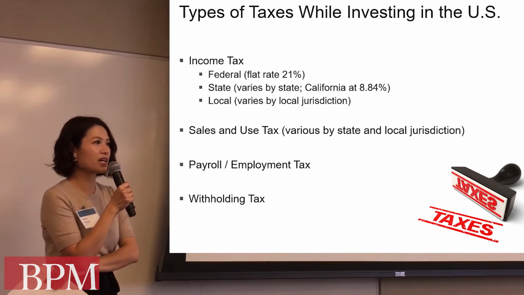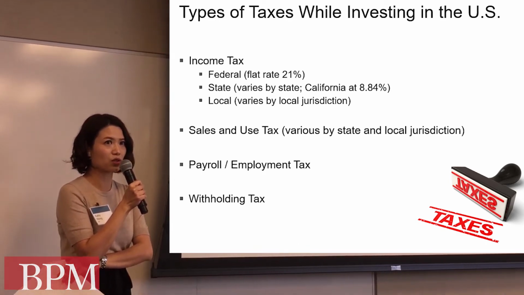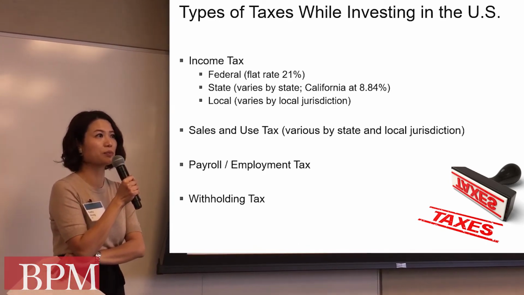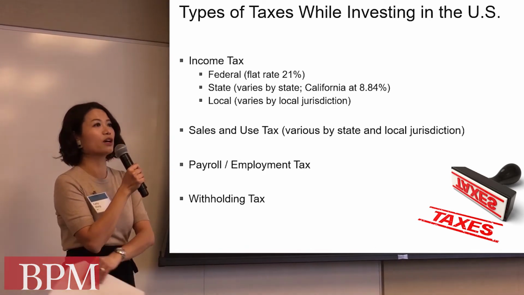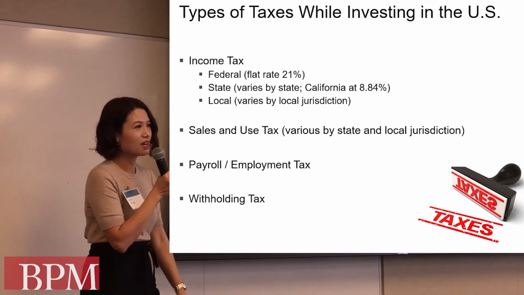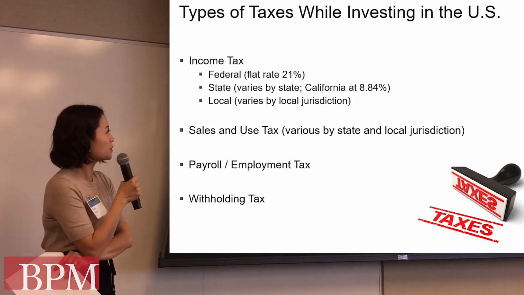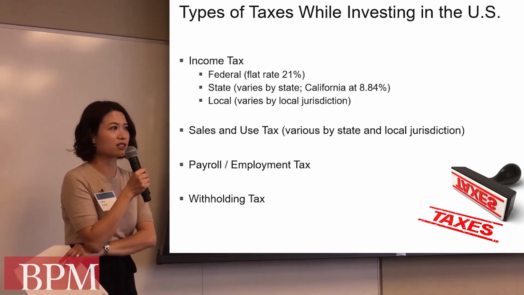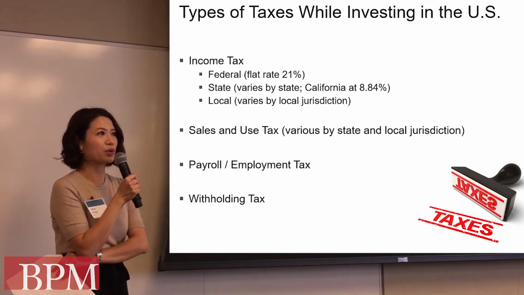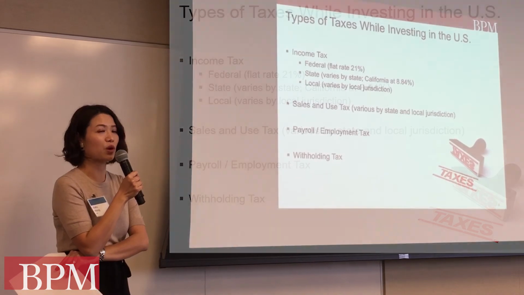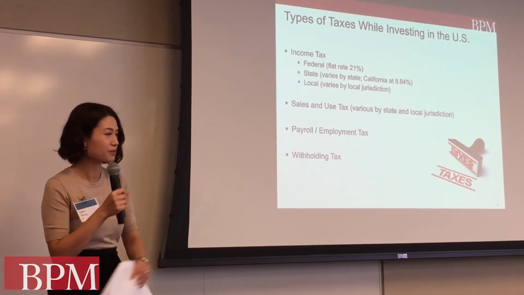The withholding tax rate is 30% on those interest and dividend payments made to the foreign owners or anyone that's foreign. And so the typical rate is 30%, but if there's a tax treaty with the foreign country, there could be a reduced rate of withholding. So it depends on the country.